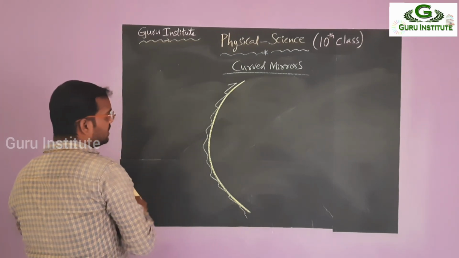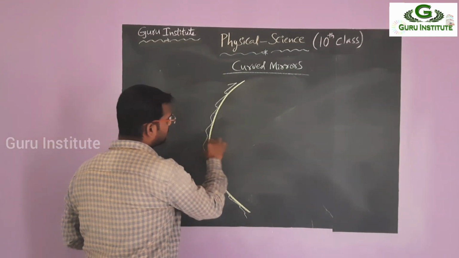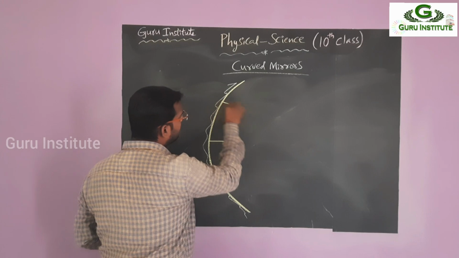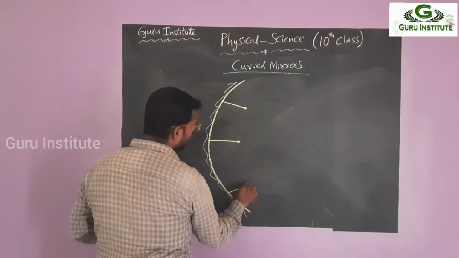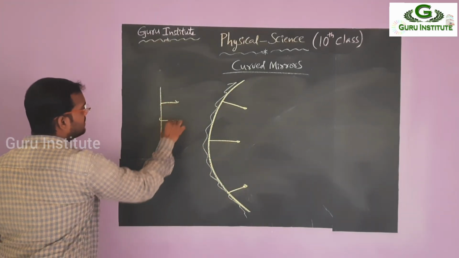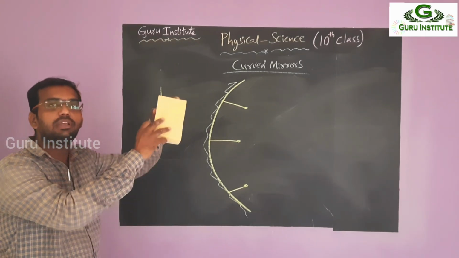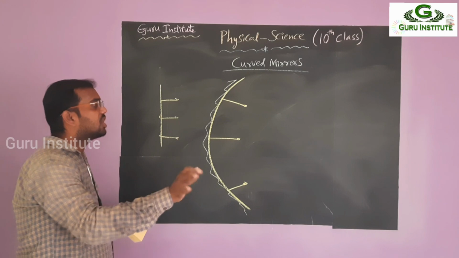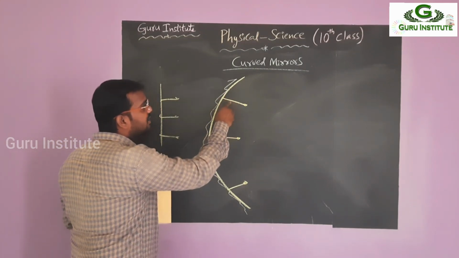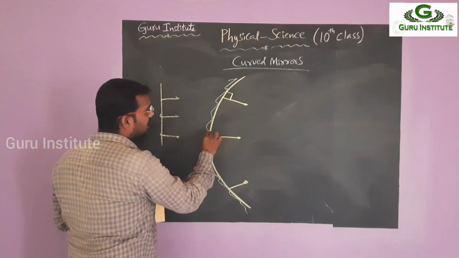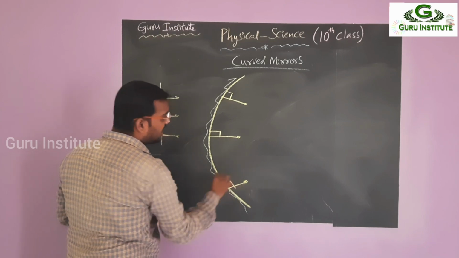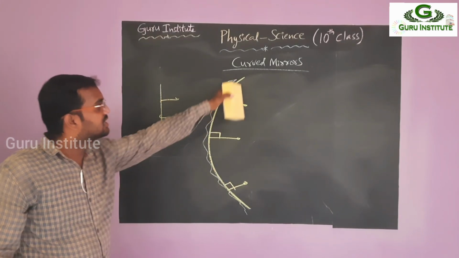So what is the source for us? This is one normal I am taking. This is also one normal. This is also one normal. These are first like this. These are making 90 degrees. I am not changing the angle here. I am simply bending that one. So that's why the angle is not changing. Again between this plane and this one, again it's 90 only. Again this one 90 only. Again this one 90 only. Just the surface is bent.